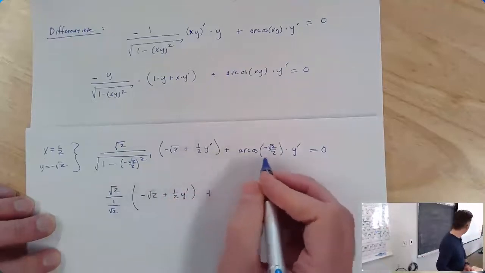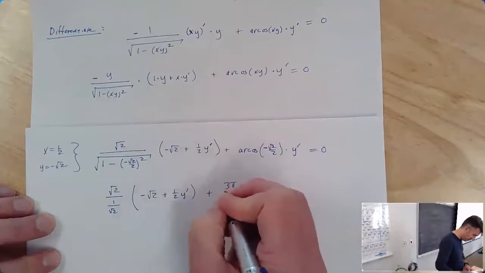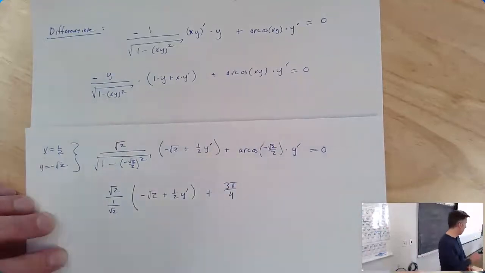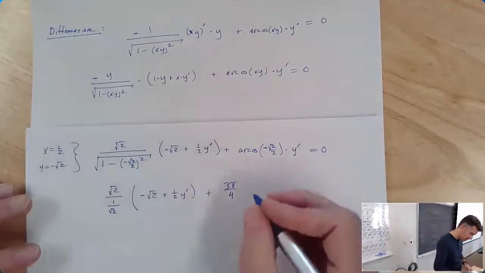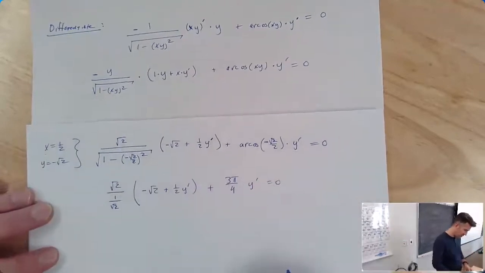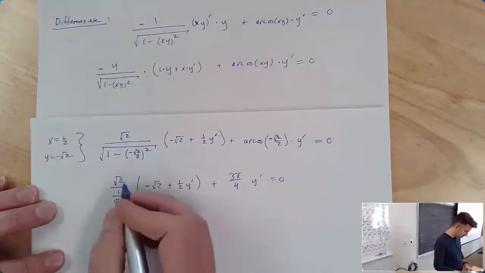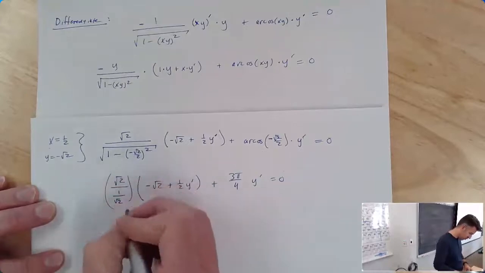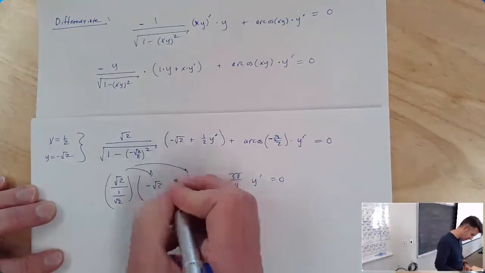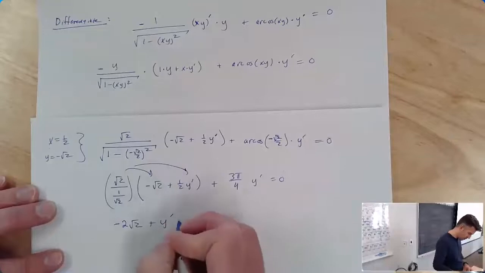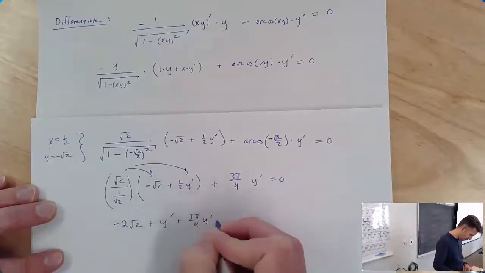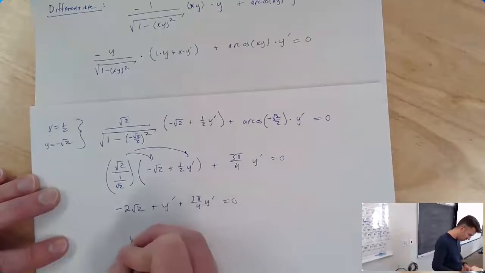We already said the arc cosine of negative root 2 over 2 is 3 pi over 4. Again, we'll get back to that, but the reason being that the arc cosine function has a range defined to be from 0 to pi, quadrants 1 and 2, times y prime equals 0. So let's see, simplifying this, that's just a 2. So distributing this 2 to each of those terms, I'm going to get negative 2 root 2 plus y prime plus 3 pi over 4 y prime equal to 0,